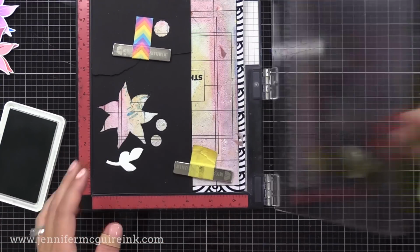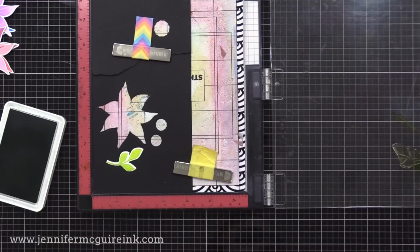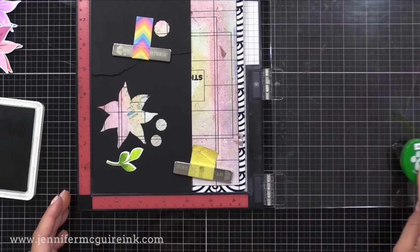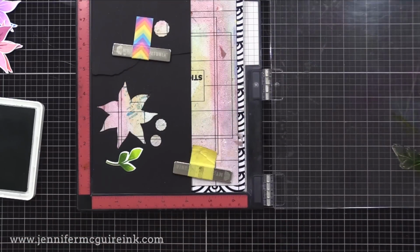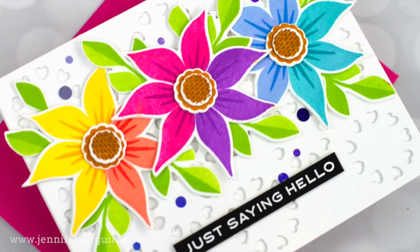In this case, I'll stamp the leaf with a solid green, and then I will apply a darker green kind of towards the base of the leaf with the blending brush. This gives me a nice kind of gradient of color from darker to lighter at the top. Before we move on to how to do multi-inking with outline images, let's complete all of these flowers into cards